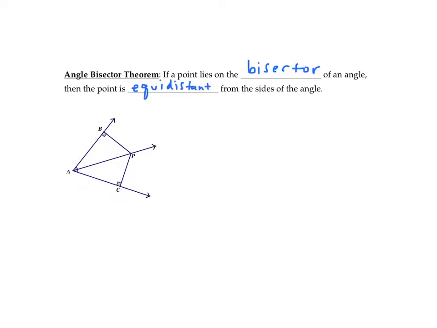So if we take a look at our picture, and you see that the angle A has been bisected by ray AP, you see the markings that tell us that those two angles are congruent to each other. Then we know that point P out here is the same distance from point B as it is to point C. So we can put it into writing by saying if ray AP